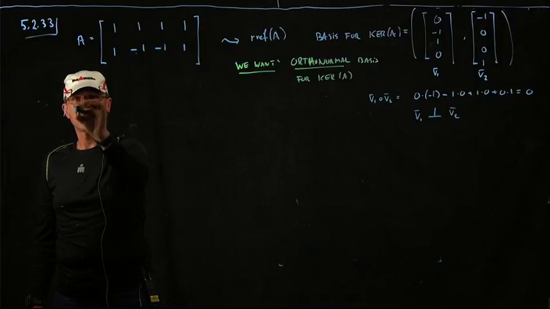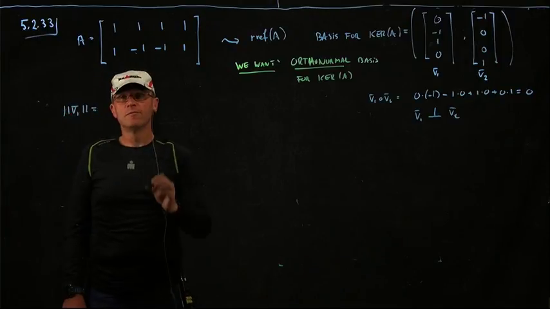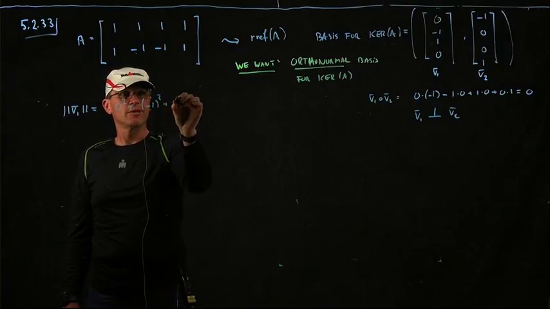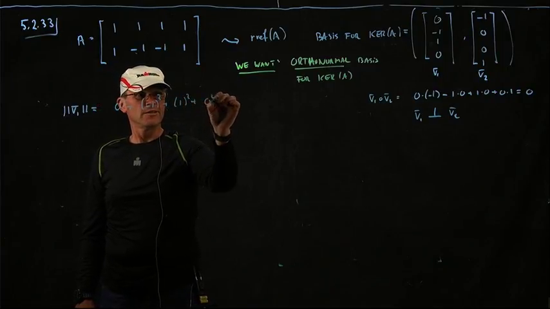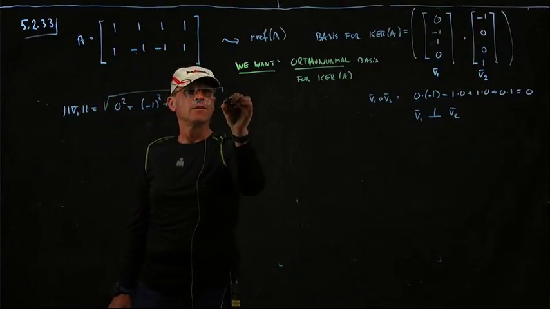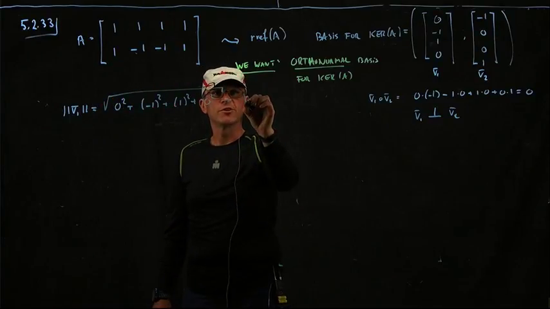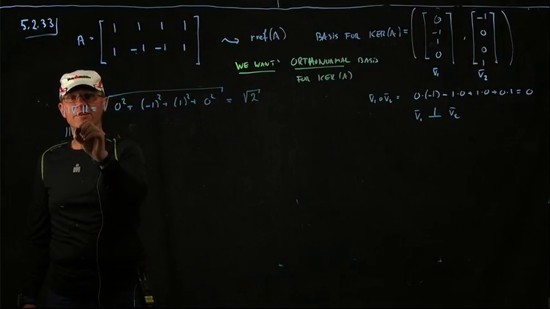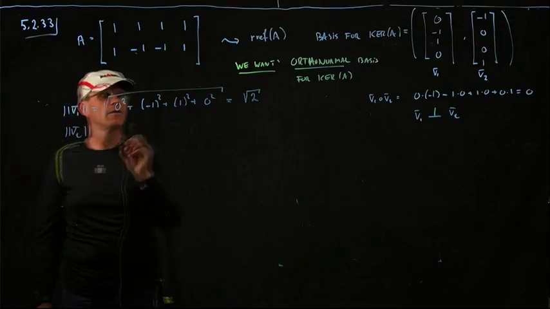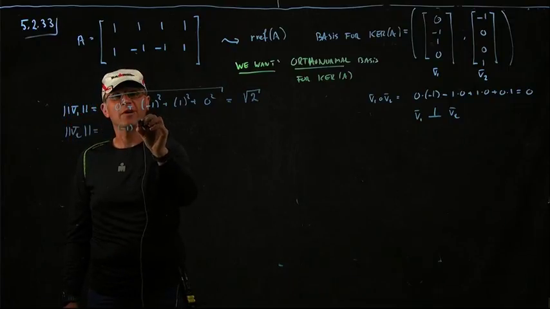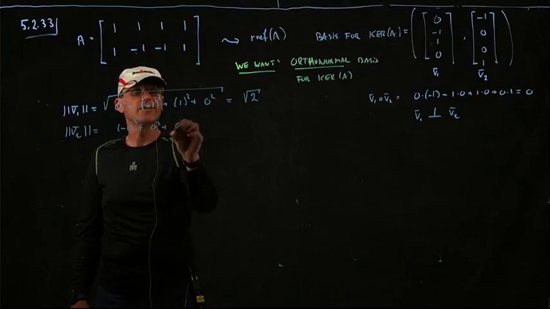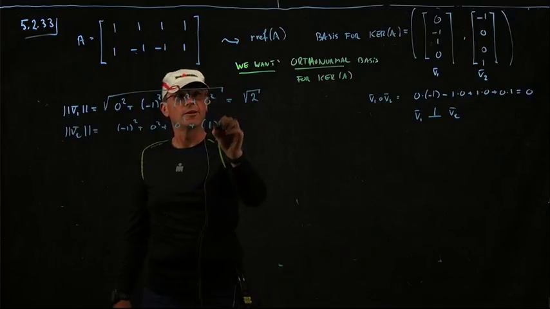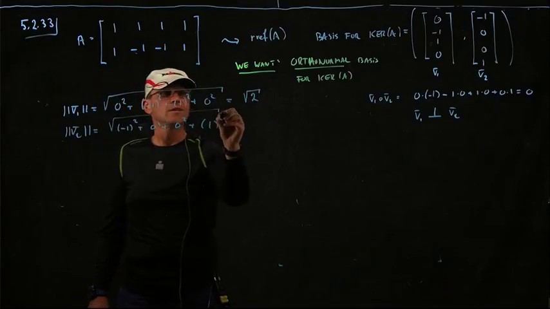All right, so the length of v1 is 0 squared plus minus 1 squared, 1 squared, 0 squared, square root of that, so it's the square root of 2. And the length of v2 should be the same, right? So -1 squared, 0 squared, 0 squared, and 1 squared. There's some glare over there, right? So square root of 2,